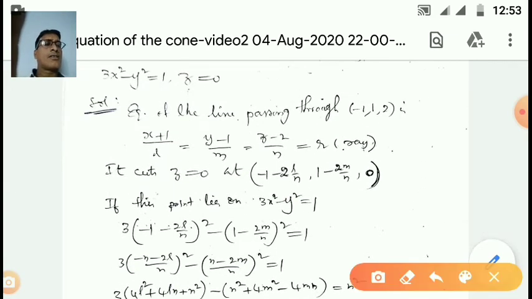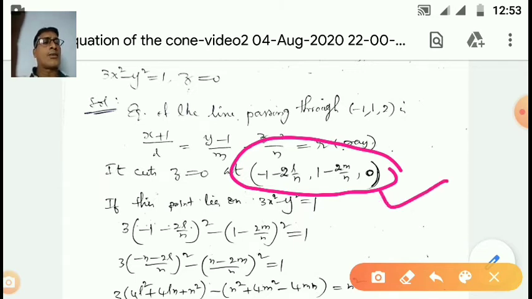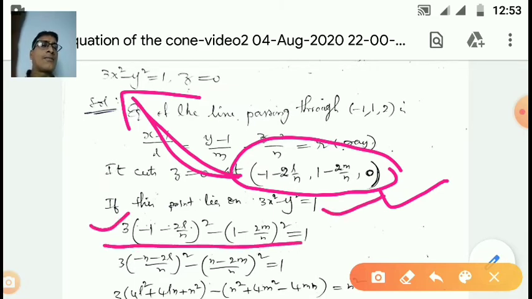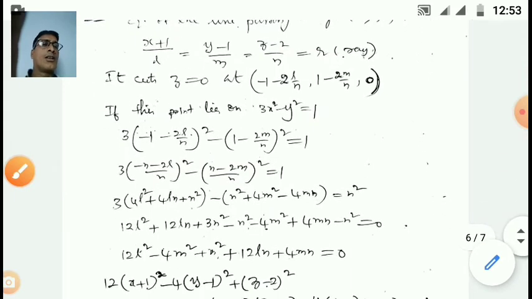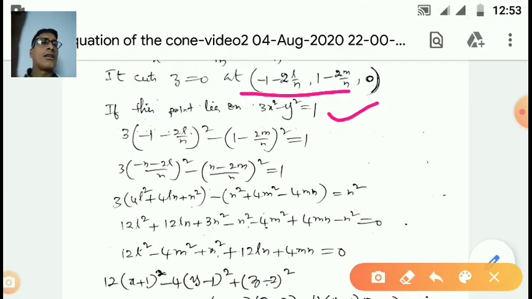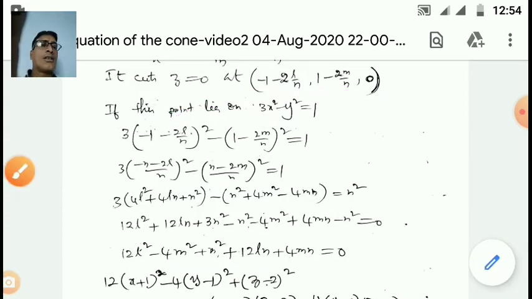what we are saying is that these are the coordinates of the point where the generator meets the base curve. So that means this point lies on the base curve, and hence the coordinates of this point satisfy the equation of base curve. Therefore by substituting these coordinates in 3x square minus y square is equal to 1, you will get like this. You can see this. So by substituting these values in this equation, you will get like this. Therefore